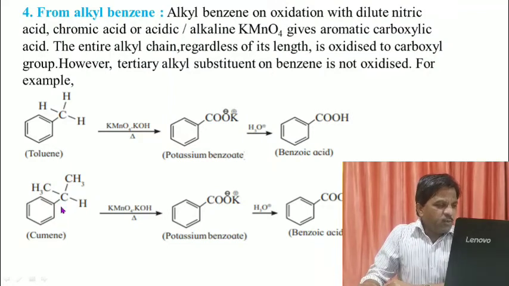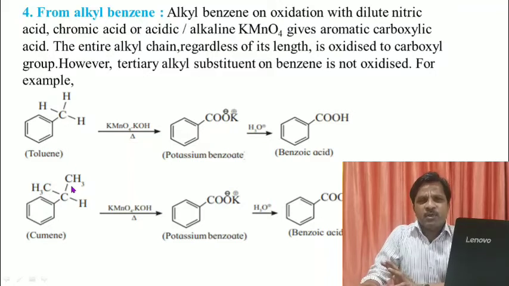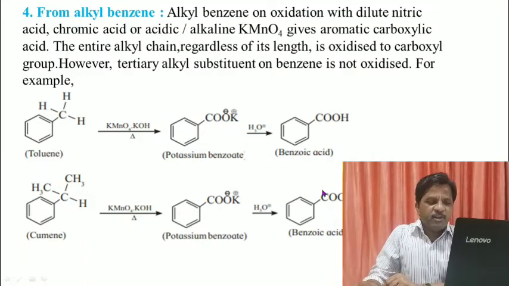Now see here cumene or isopropyl benzene. Here actually there is a chain of 3 carbon atoms, but for this whole alkyl group there may be 1 carbon, 2 carbon, 3 carbon, 4, whatever number of carbon atoms in that chain. That group is directly converted first into the salt and then directly into the COOH group. Here there is 1 carbon, and the final product is benzoic acid. Here there are 3 carbon atoms, and the final product is the same benzoic acid. This means that regardless of the length of the alkyl group attached to the benzene ring, the whole alkyl group is oxidized to a carboxyl group. Generally the balanced reactions are not given here, but you remember one thing: